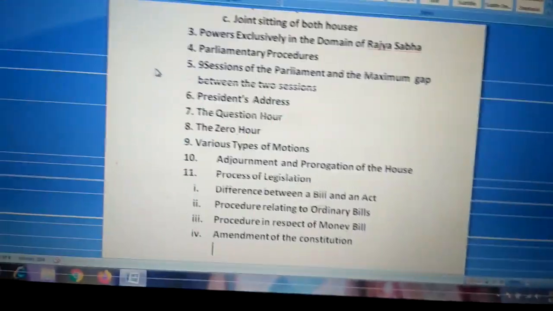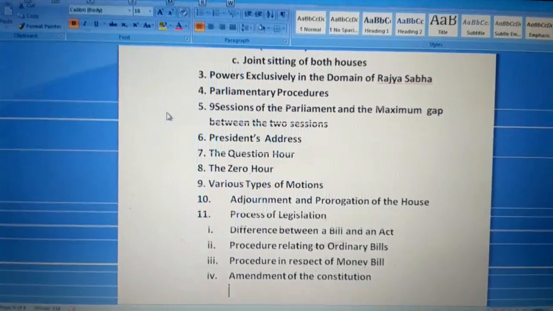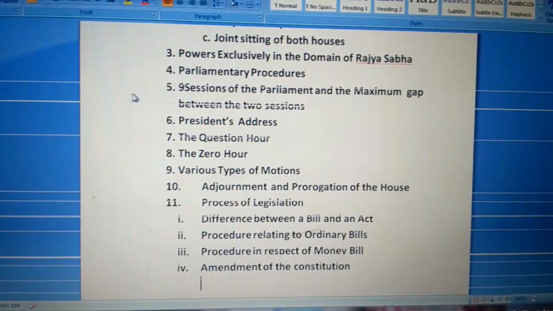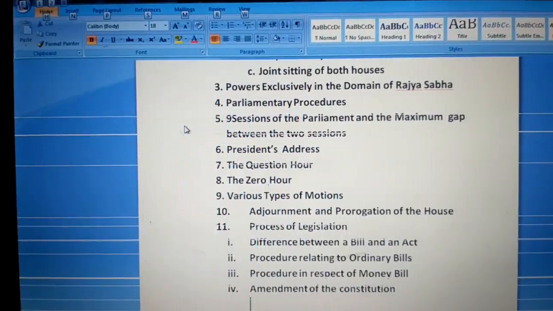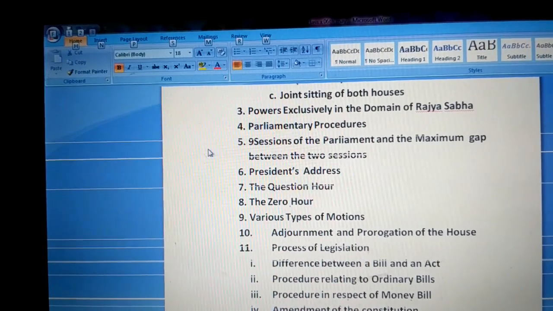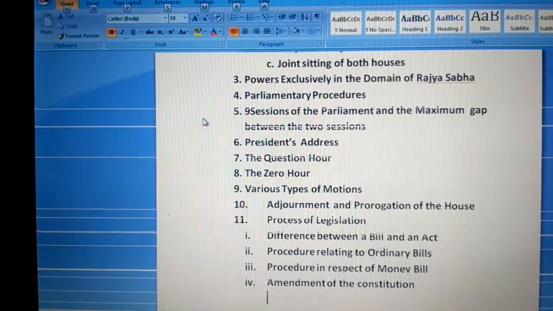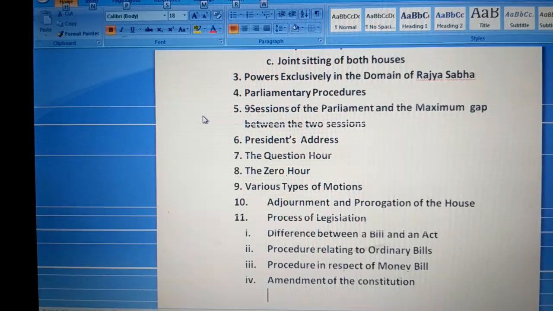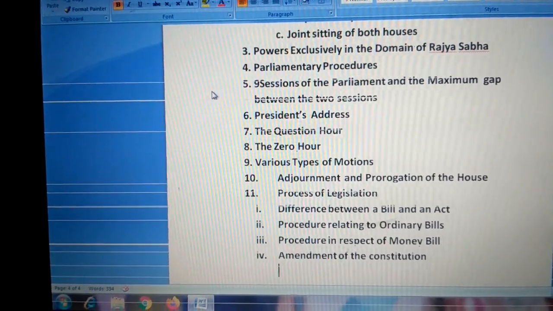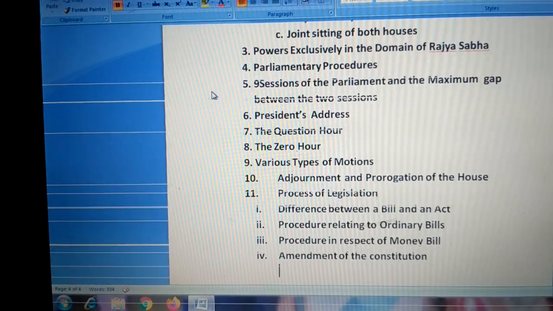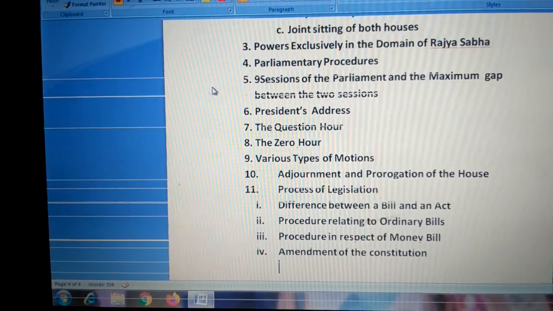In the previous video, we have already learned up to question number 3. In this video, we have to know about parliamentary procedure, point number 4. What is parliamentary procedure? In parliamentary procedure,